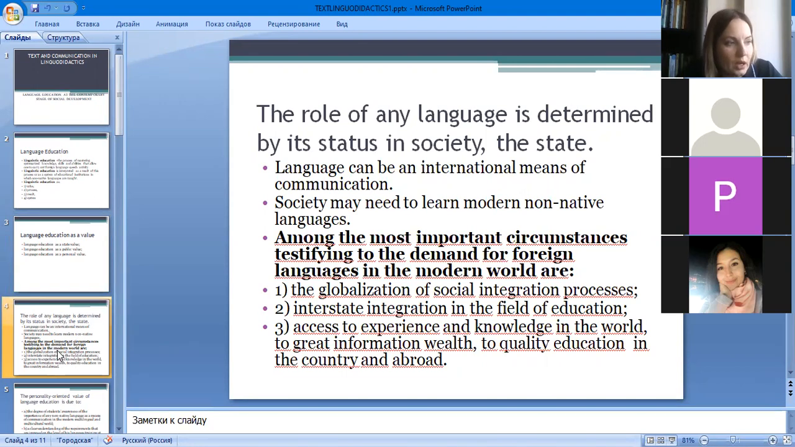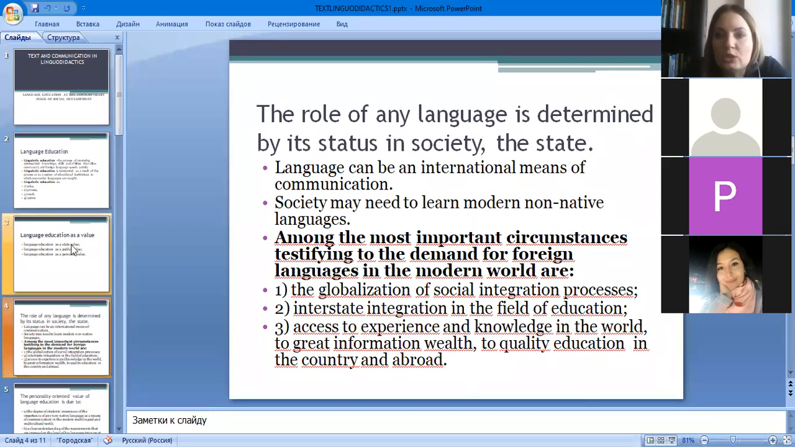As you know, the state and society are not identical concepts. So society may need to learn modern non-native languages. For example, the everyday reality of recent years testifies to the increased status of foreign languages in society. Today, no one doubts the fact that the dynamics of the country's social life and the new goals, scales, and directions of transformations associated with it cause a public need for a larger number of citizens who practically speak one or several modern